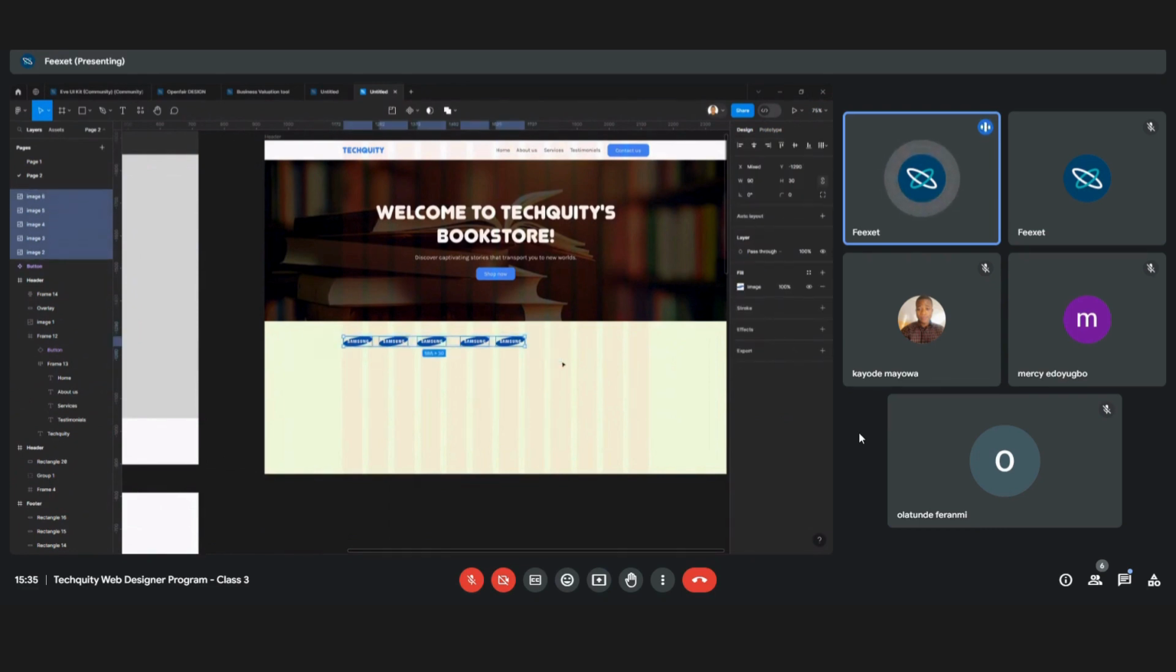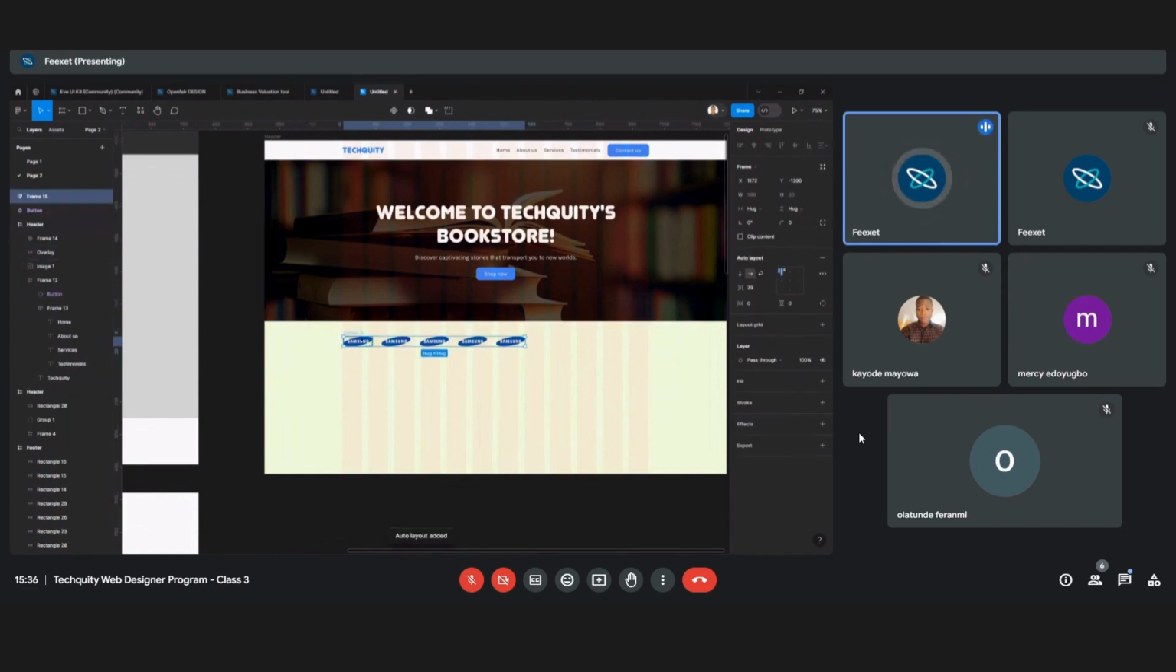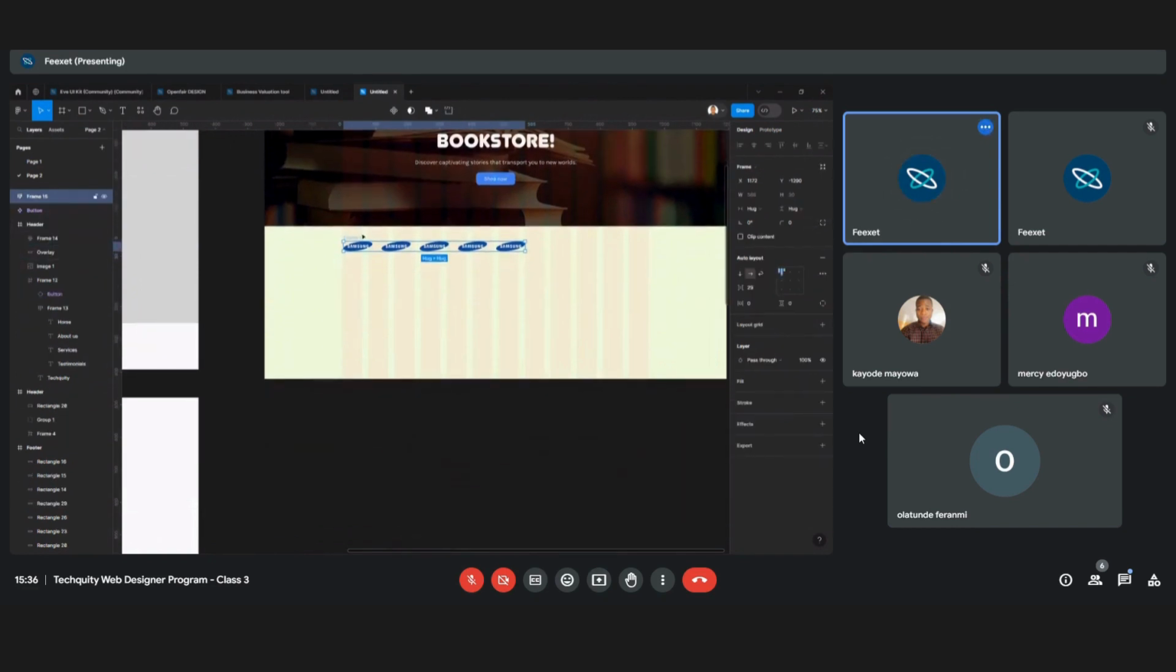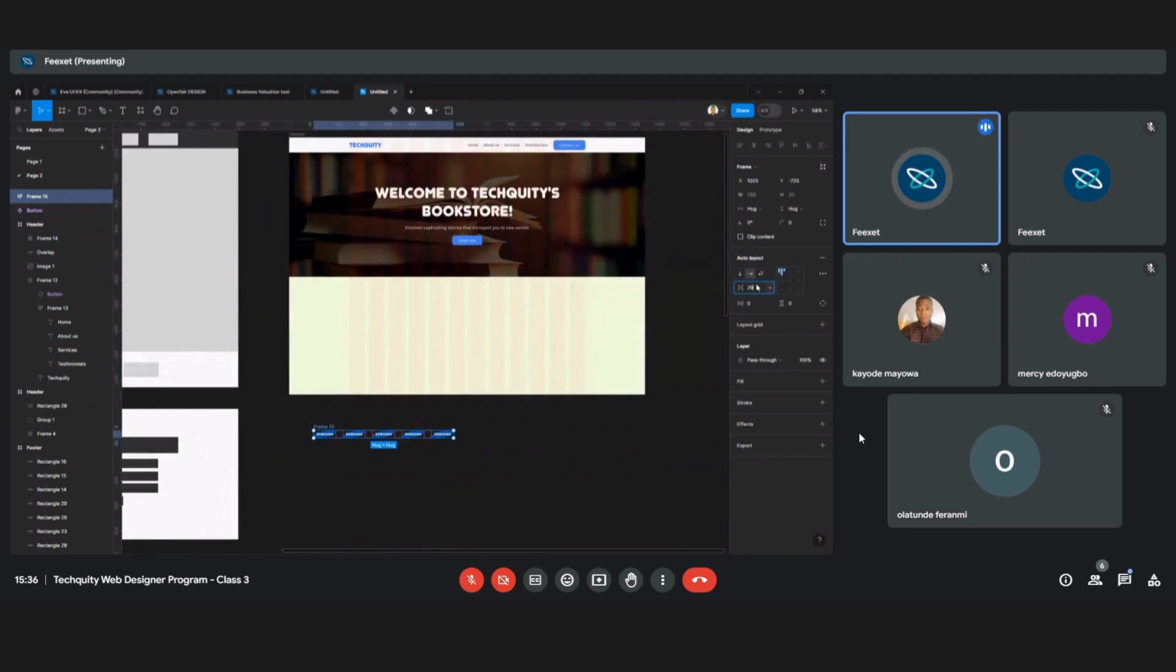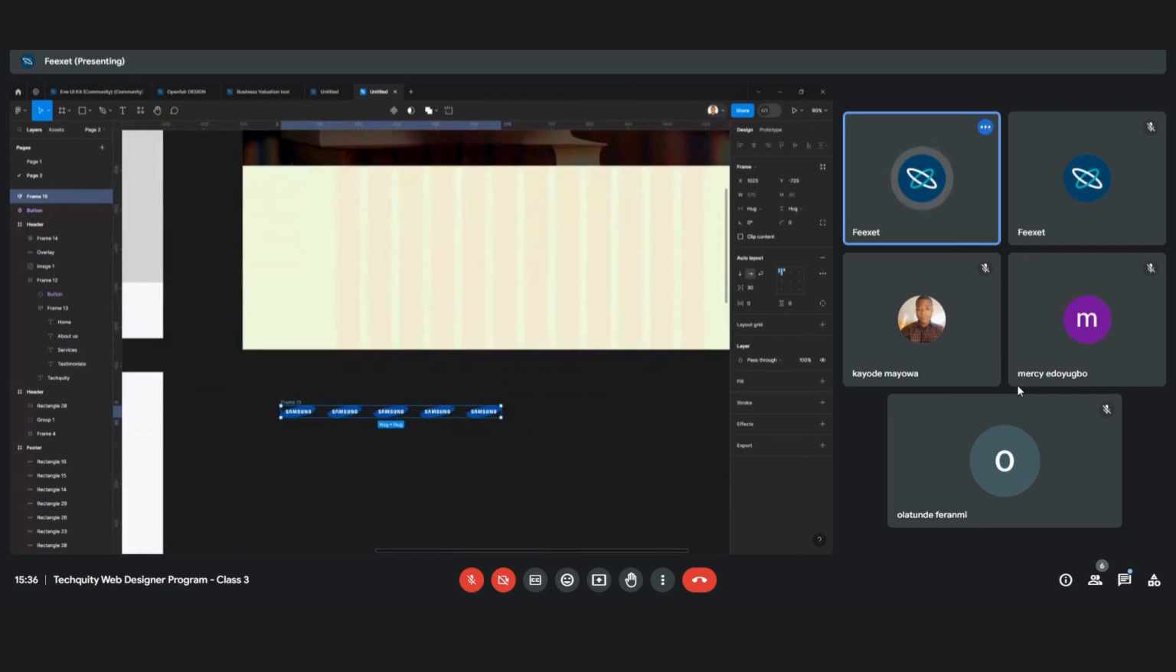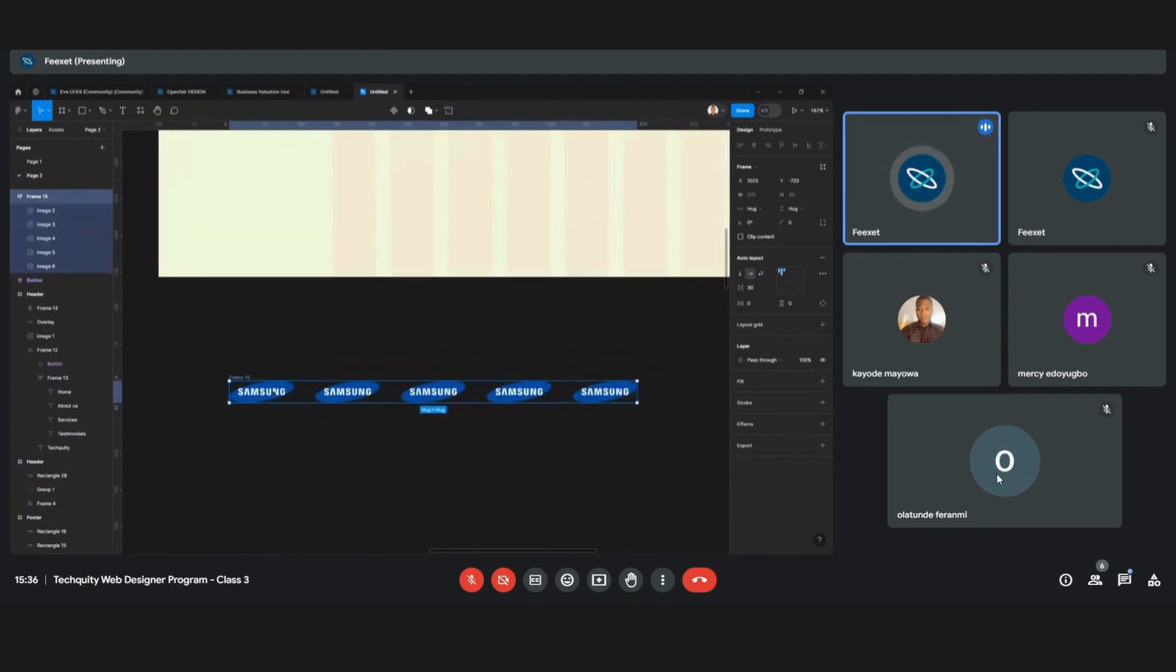When I click on auto layout again, as I said, Shift A, or you click on auto layout here, it automatically creates equal spacing between the elements on the website. So you can make it 30, 20, whatever spacing you want. In your case, you can use different logos, but ensure that the height of the logos is the same. As you can see, the heights are